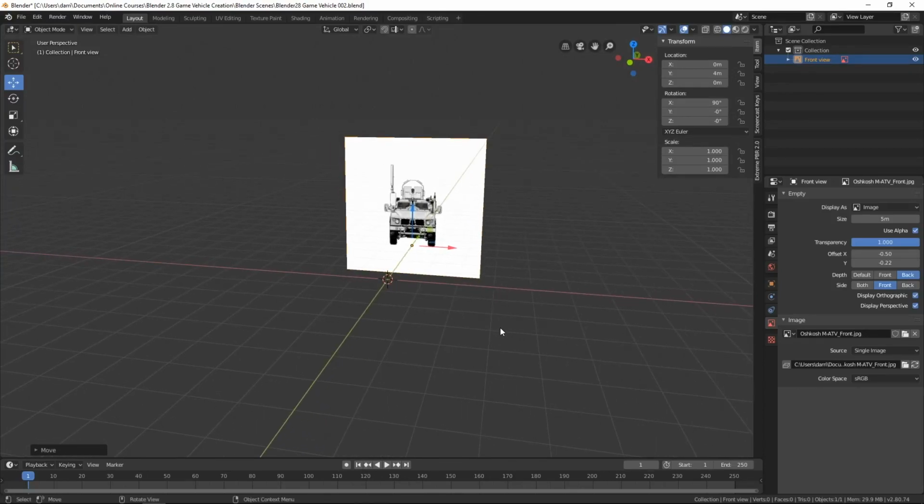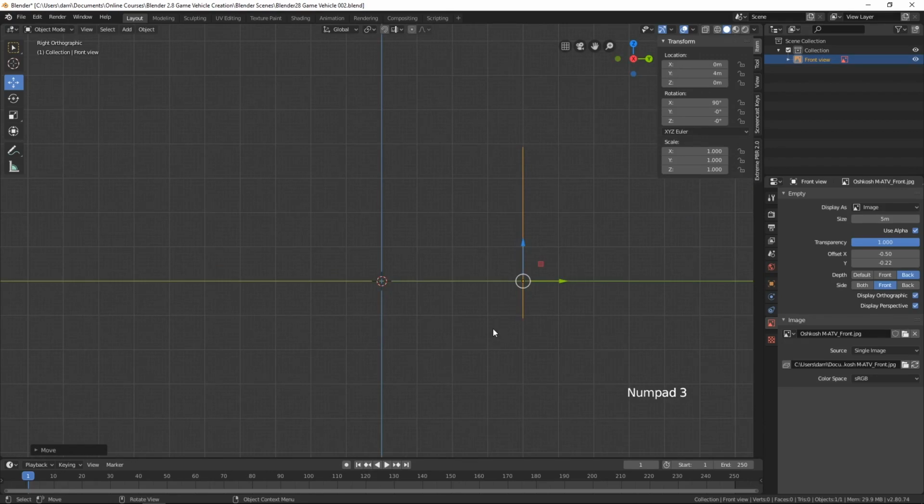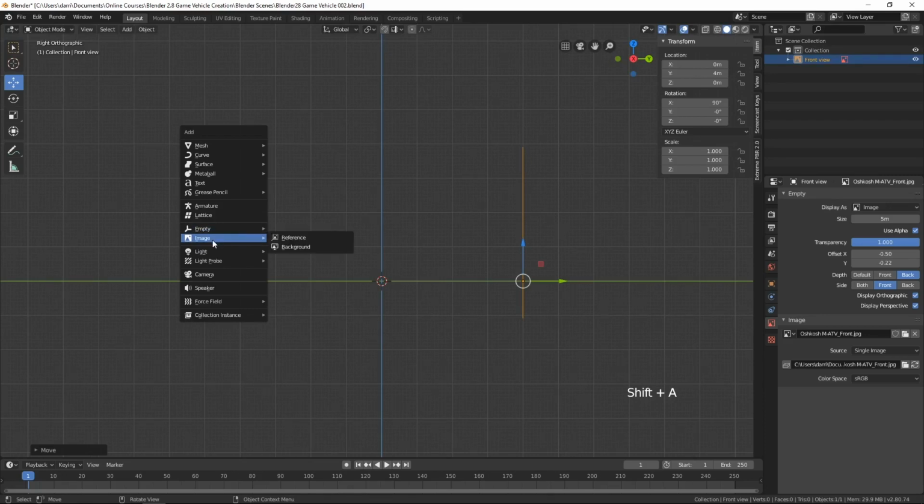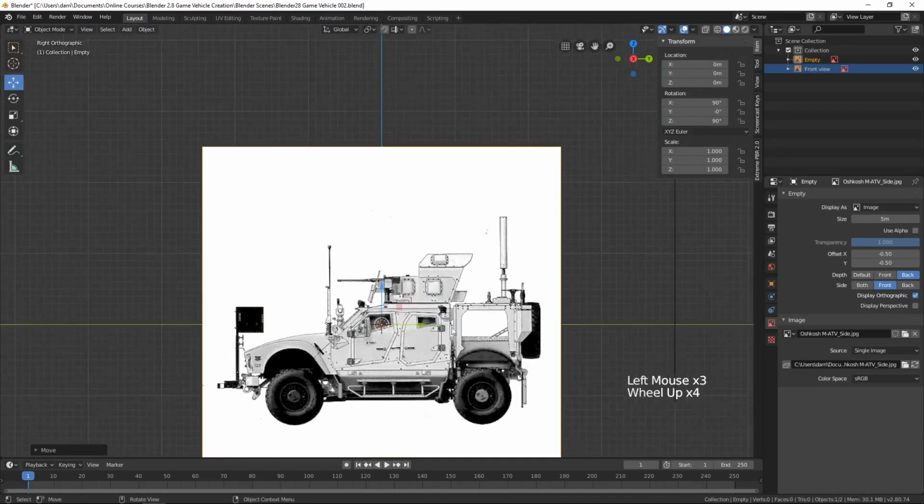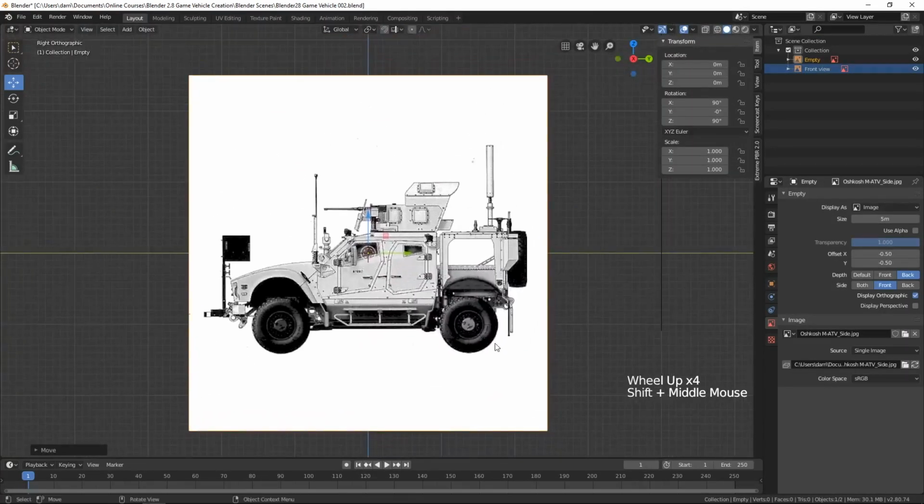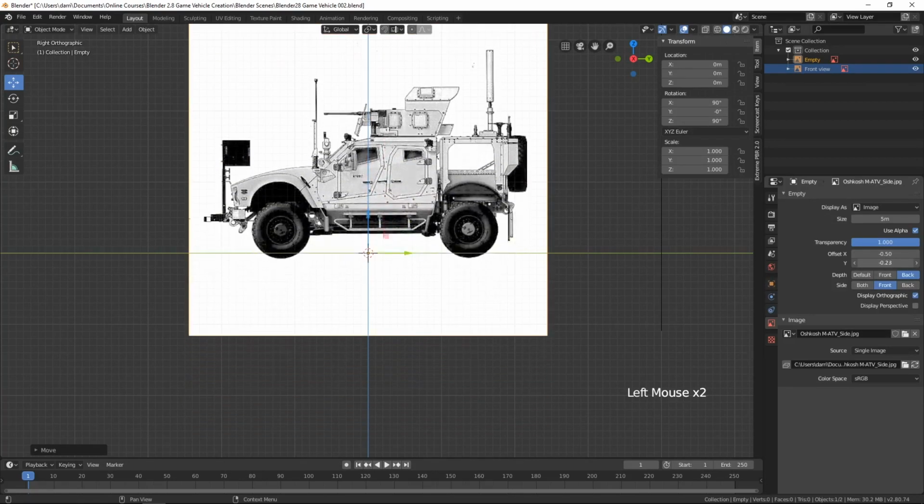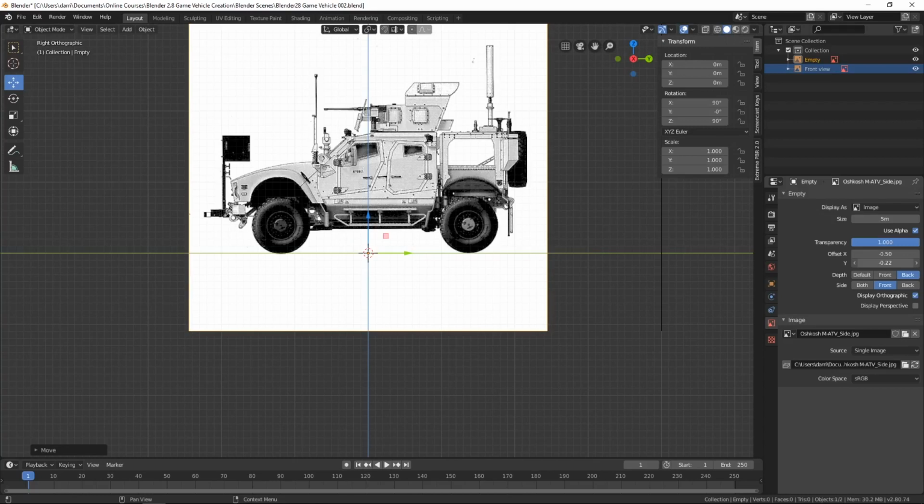The next thing let's do is maybe hit the 3 key and go to the right orthographic view. Now what we want to do is press Shift A, go to Image and Background, and here let's bring in that side view. I'm going to click there, and there we go. So there's the side view in the right orthographic view. Let's go through the same process here. I'll turn on Use Alpha. I'll click and drag in the Y-axis and drag this up so those wheels sit right on the